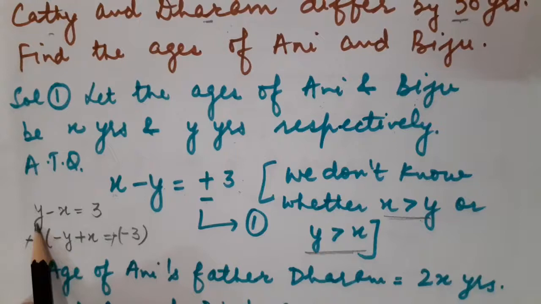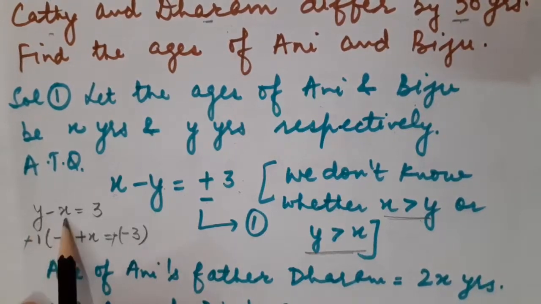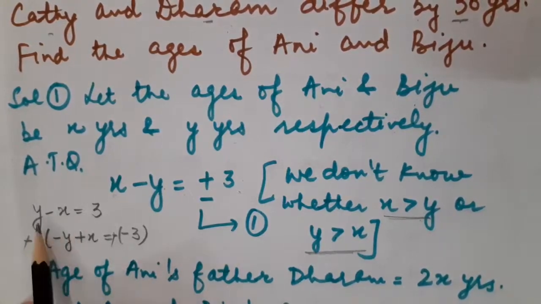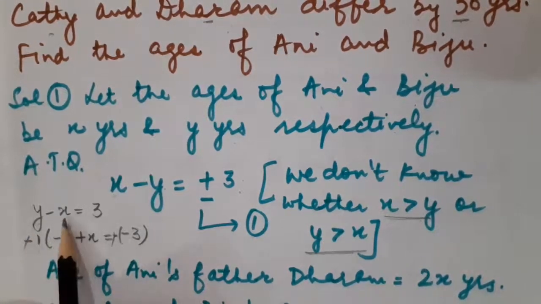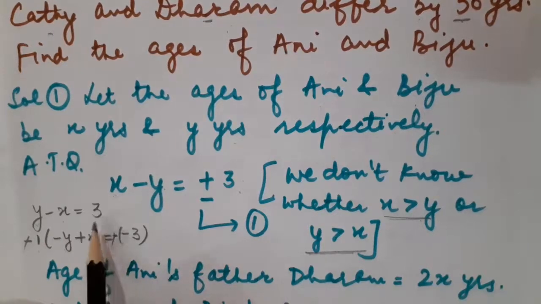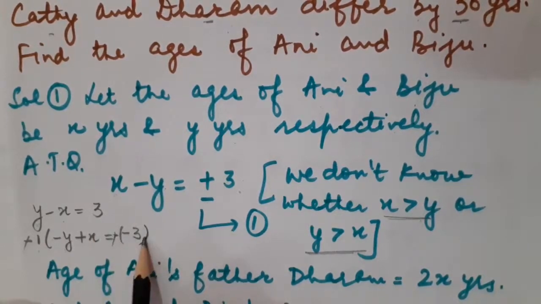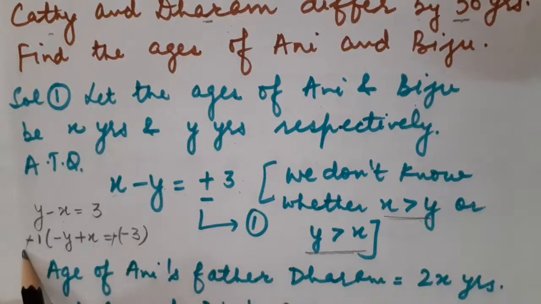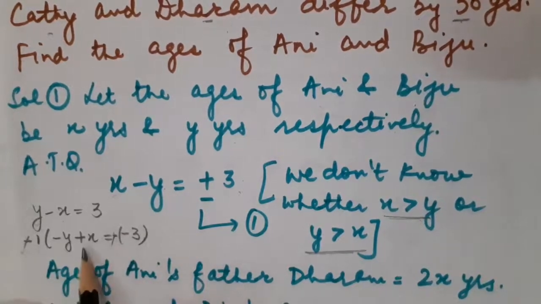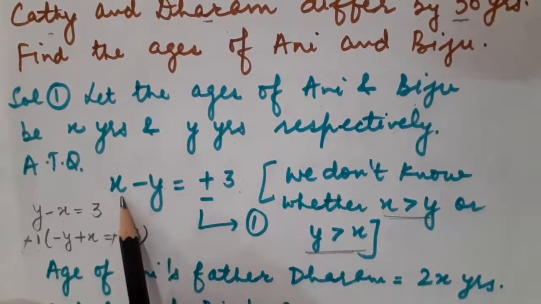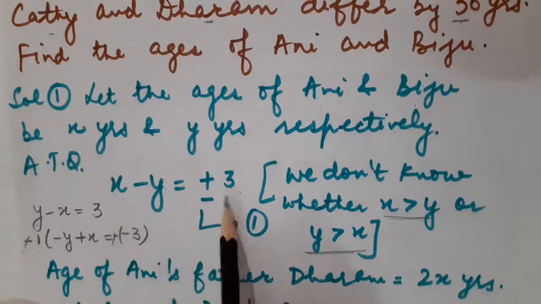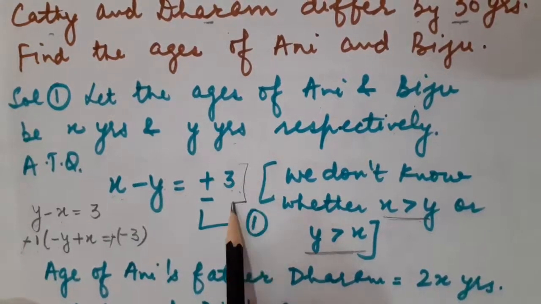Suppose the age of Biju, that is y years, is more than the age of Annie, that is x years. So definitely the difference between their ages will be 3, that is y minus x is equal to 3. Here children, I am going to take minus 1 as common. It would become minus y plus x. Here also you can write 3 as minus into minus 3, right? So minus and minus both will be cancelled. So children, what have I got? I have got x minus y is equal to minus 3. This is actually written here: x minus y is equal to minus 3. Understood both these cases?